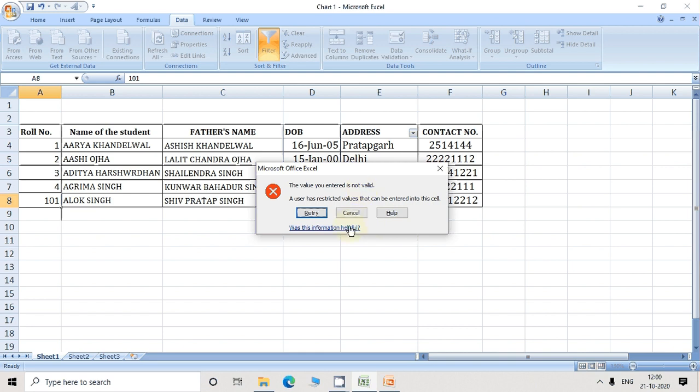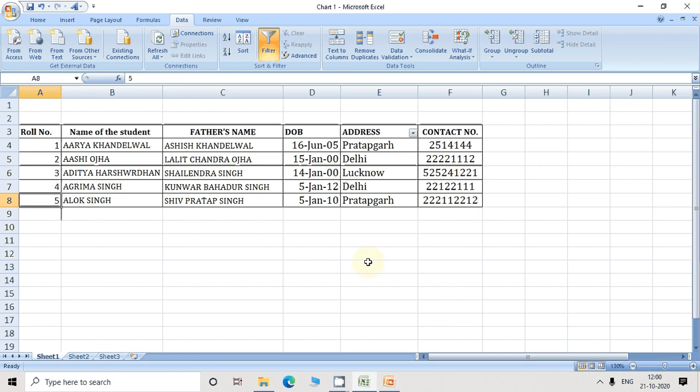So in this way a user is restricted in the values that can be entered into this cell. When you enter a roll number more than 100, this message shows on the MS Excel sheet that you restricted the value up to 100 only. Any user can't enter a value in the roll number column more than 100. So in this way the data validation technique is applied in the Excel table.